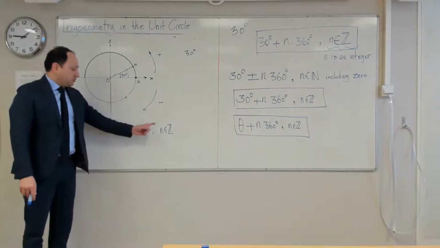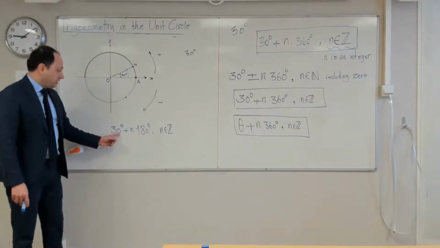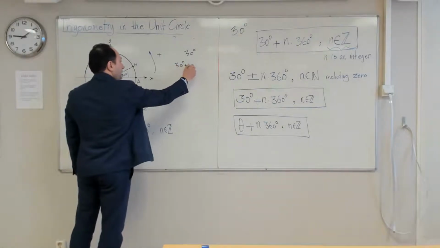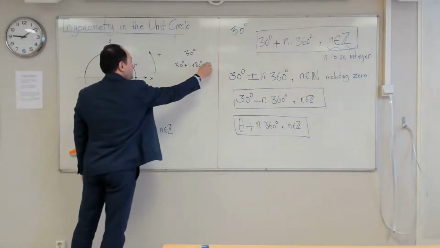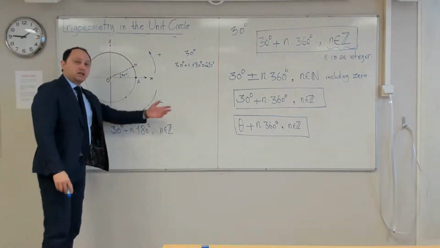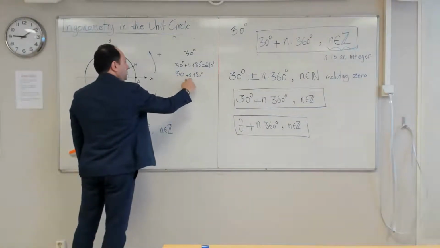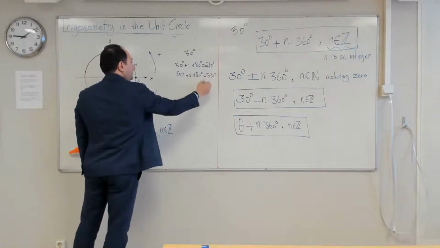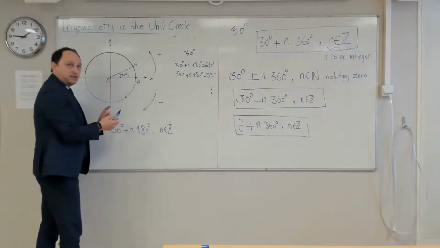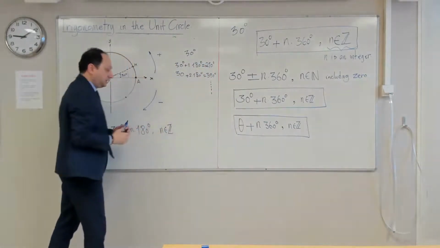Another possible answer is to choose the next number, n equals 1. It becomes 30 plus 1 times 180, so it becomes 210. I choose the next number, 2, so it becomes 30 plus 2 times 180. If you calculate this, it becomes 390 degrees. So you realize what the meaning of this formula is. When we write it in one single compact form, we mean all possible angles that you generate here,